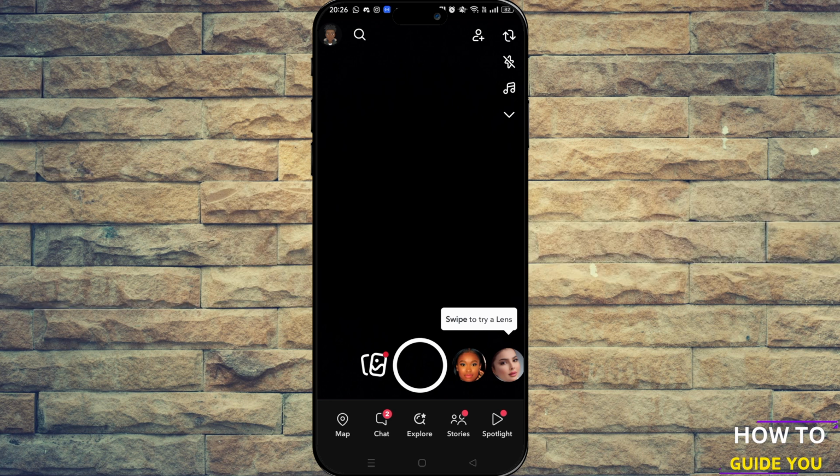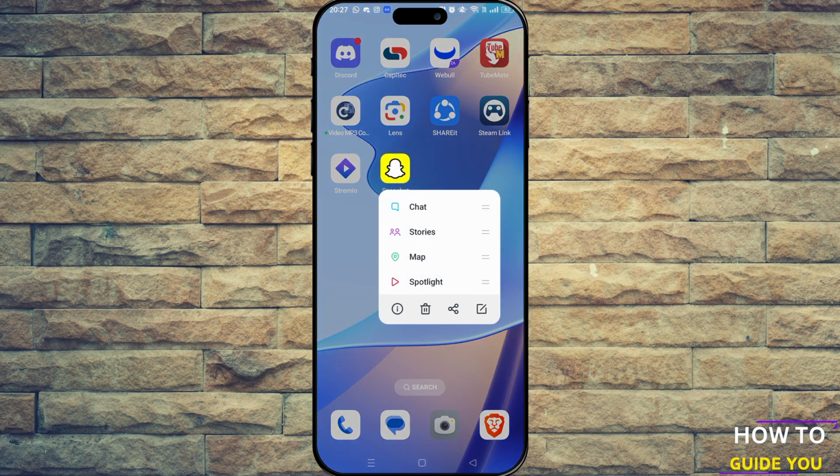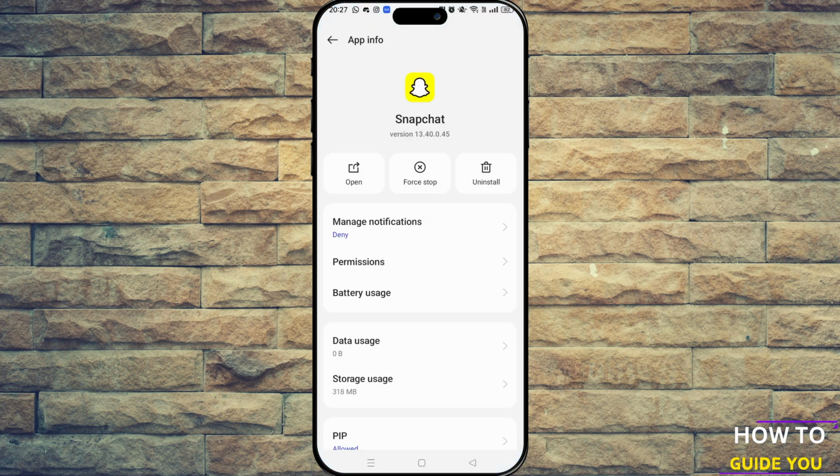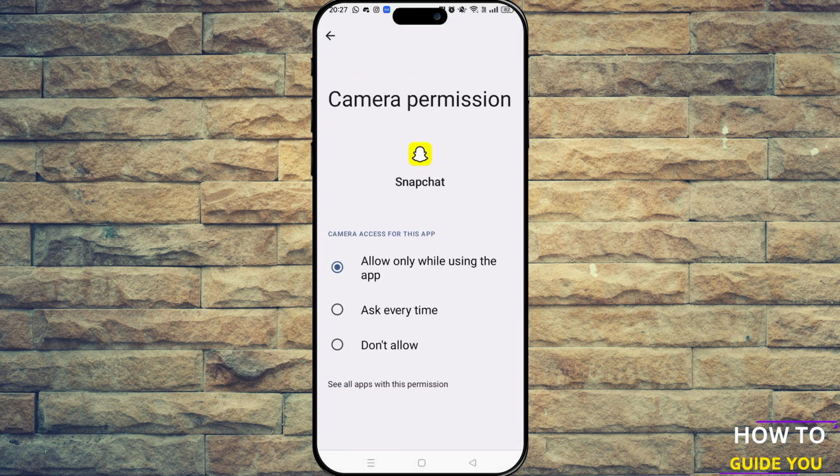Alright, so the first thing that we're going to do is go out of Snapchat, make sure it's closed, and then navigate to wherever you have the app, long press, and then press on this information icon. That'll bring up app info, and inside here you want to go to permissions. In permissions, you want to click on camera. Make sure that this is set to either ask every time or allow only while using the app, and then